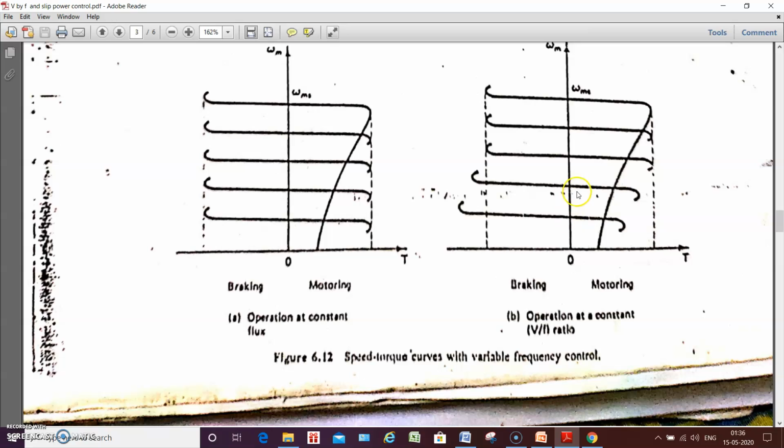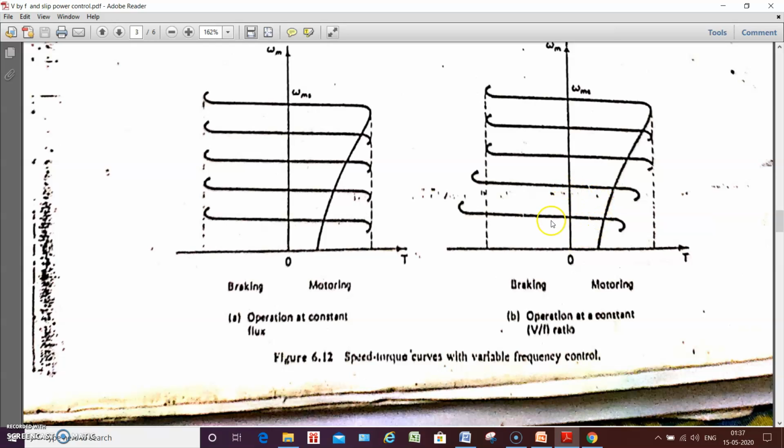This drop in voltage, which is due to the stator resistance, will be very small as compared to 230 volt. This drop, say for example 10 volt or 20 volt, is very small compared to 230 volt. But at lower speed ranges, suppose you are controlling the speed of the motor at very low speeds, that means the voltage and frequency have to be reduced to very low values. Suppose you are operating the motor at 50 volt, what will be the stator resistance drop? As usual, it is going to be around 20 volt. So for 50 volt, this 20 volt drop is very high and dominant.